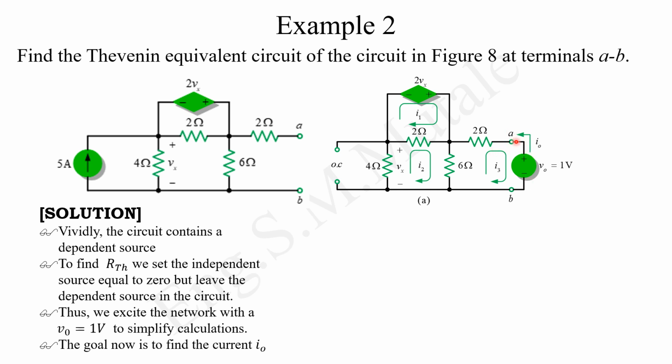So from our circuit here, we are exciting it with V0, which is 1 volt. It could be anything, but our role is to find the current flowing through that same voltage we've assumed. So in here, you've got 3 loops. You've got a loop here, a loop there, and a loop here. There is no current there because we've switched off this independent source, so there will be an open circuit there. And then we do our loop analysis or mesh analysis. So in loop 1, once we do our analysis,